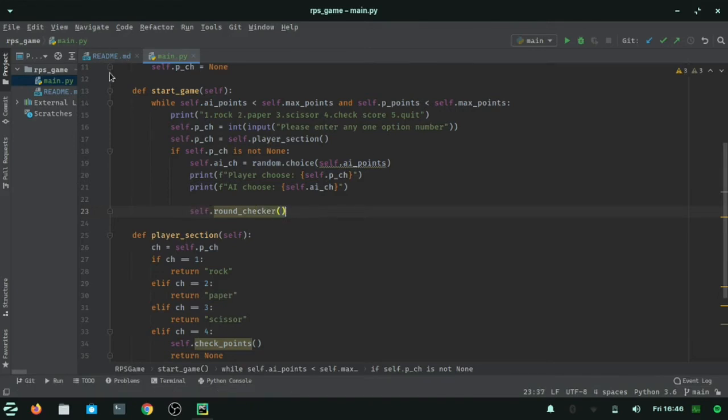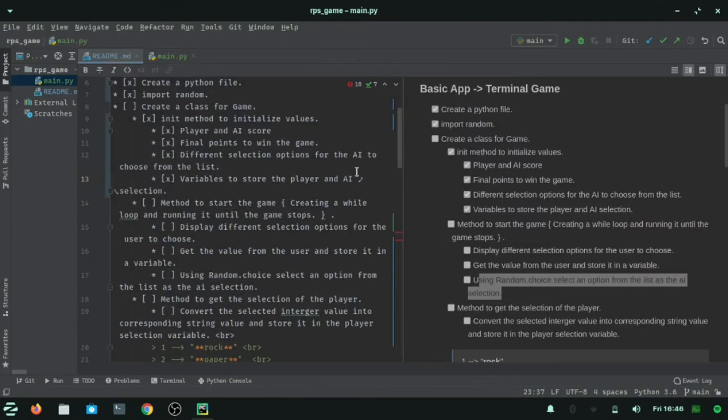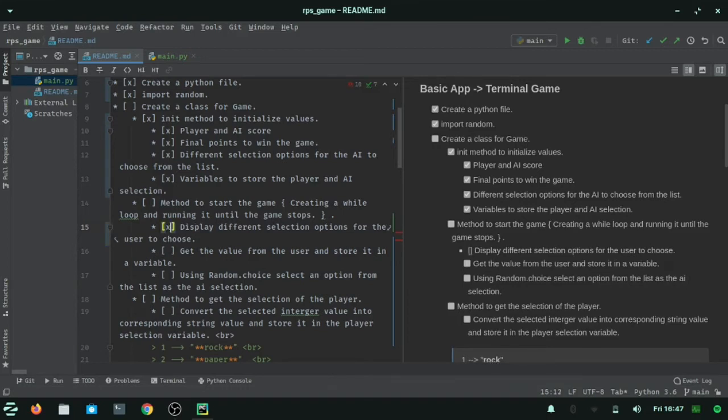Now let's see where we have come up to in our readme.md file. We have generated this, so let me mark it as finished. We have displayed the different selections that the user can have. Then we have completed the value. We have used the random.choice method to get the value from the